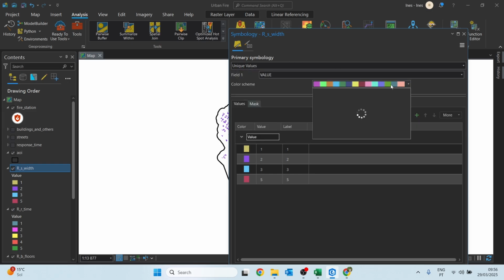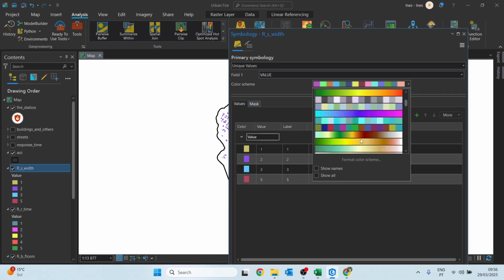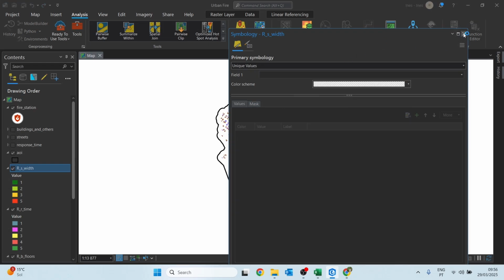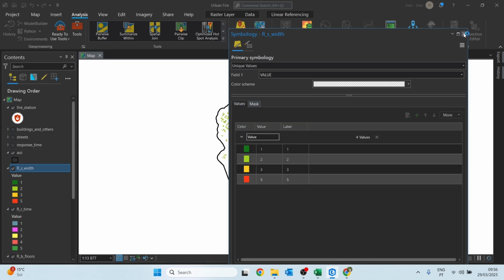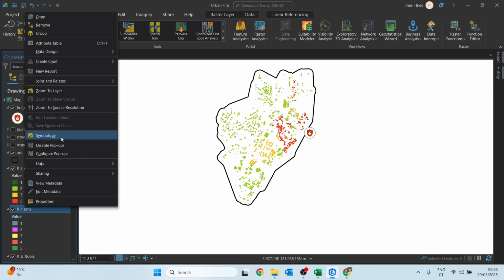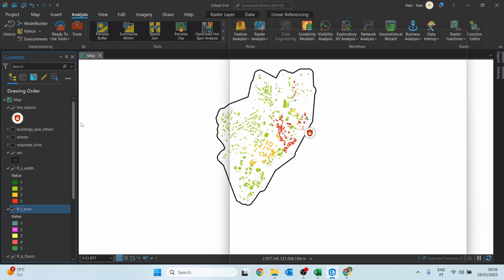So actually can use this one. I will use this from green to red. So this is the streets width. So these buildings here have higher risk and this lower risk here. We can do this to all of them so we can see